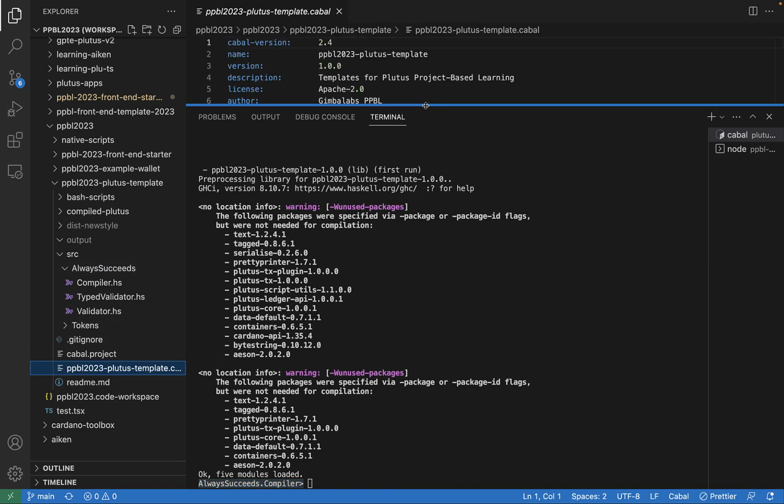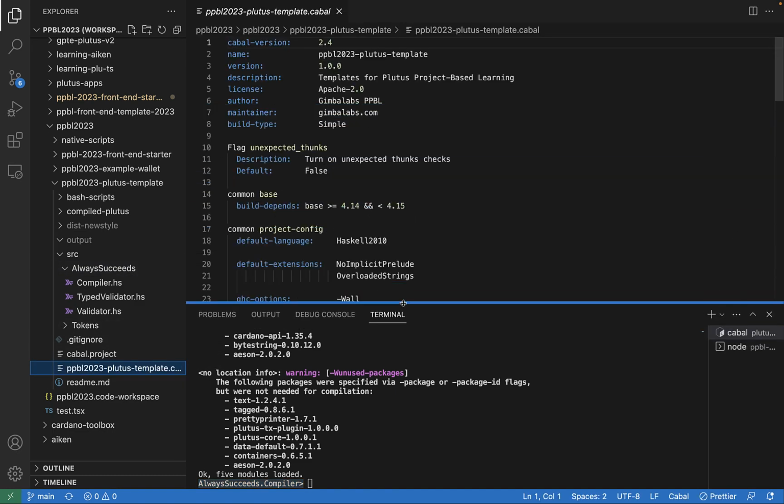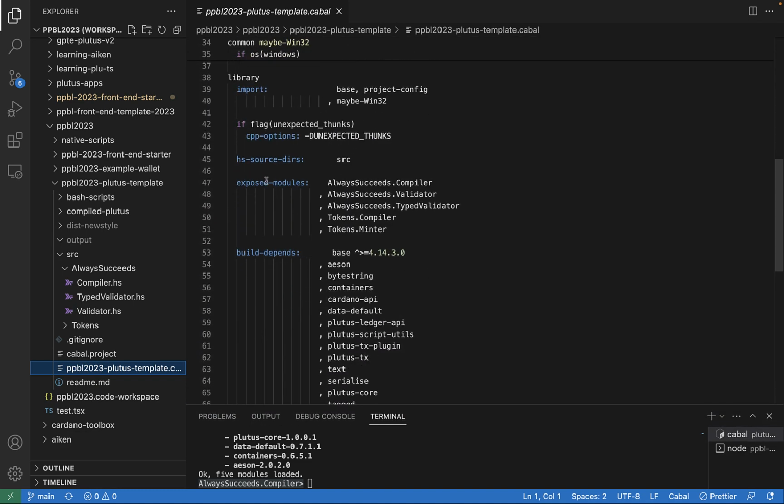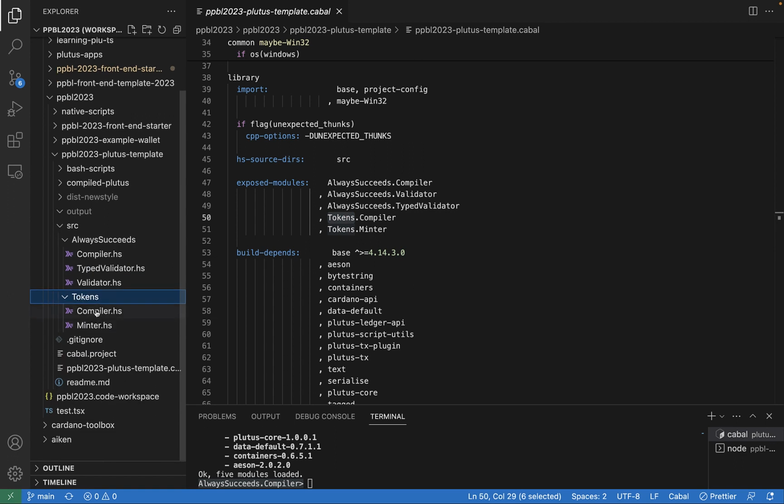Additionally, in the .cabal file for this project, we can see down below that there's a list of exposed modules. Here, I can see that always succeeds.compiler is first in the list, and that's why we can see it loaded in my REPL. But what I'd rather use is the compiler for a tokens script, and you guessed it, that file is defined right here,